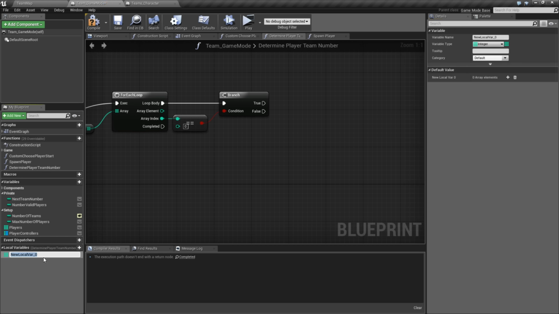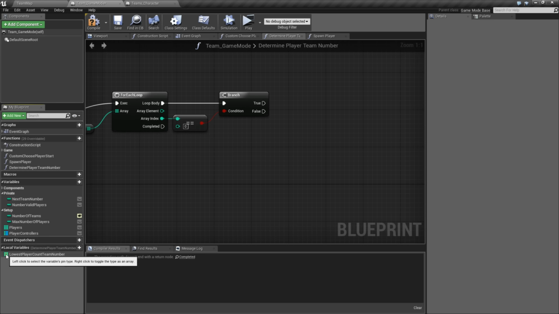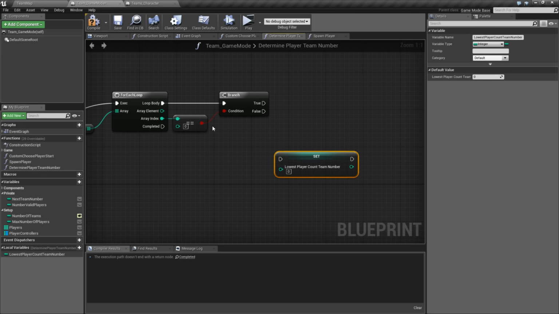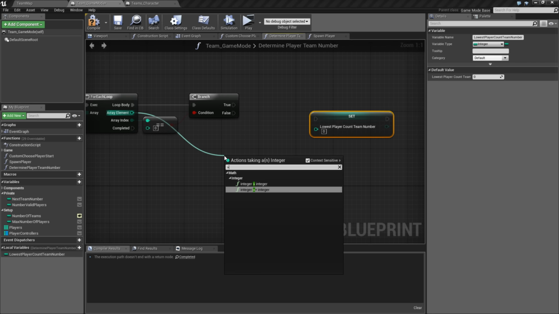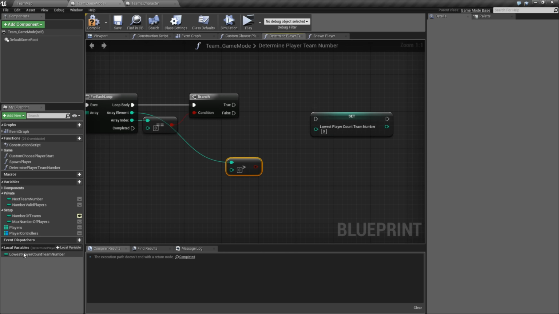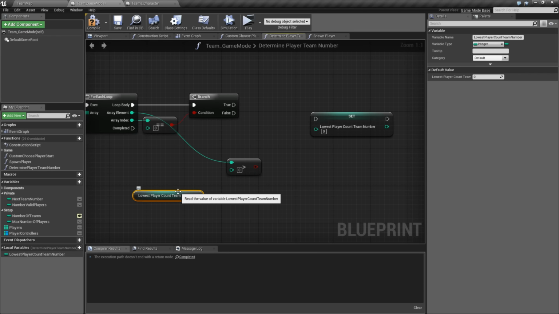So let's do a local variable. Let's see, lowest count, lowest player count, team number. There we go. And that should not be an array. That should have been an integer. Thank you. Go and set this right here. We're automatically going to assume, yeah, we don't want to do that. That was stupid. So let's see this. And if this is greater than the lowest team count number, that's not going to work. No,